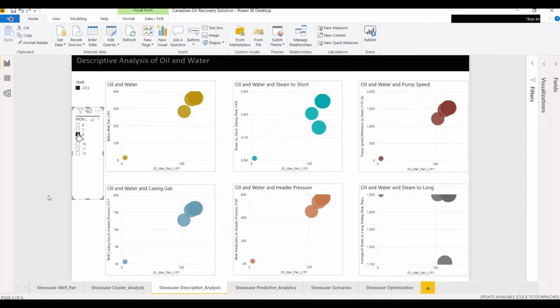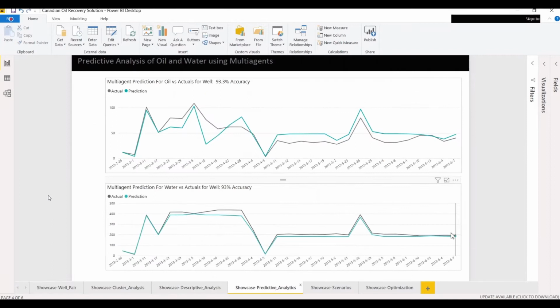What we really want to do is get into predictive analytics and show the operator what combination of input parameters such as steam, pressure, and oil are likely to lead to maximum oil production and minimum water production. In oil, we want to minimize the water content in the heavy oil and increase the content of the bitumen. So, into predictive analytics, we have devised a model using our MADS technology to predict how we can increase oil